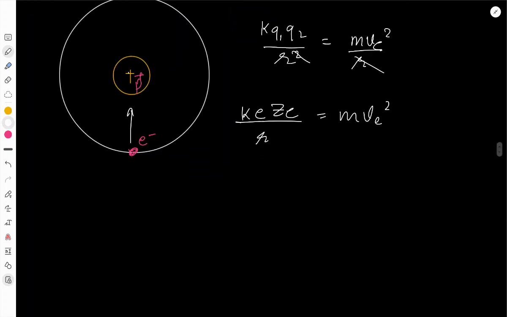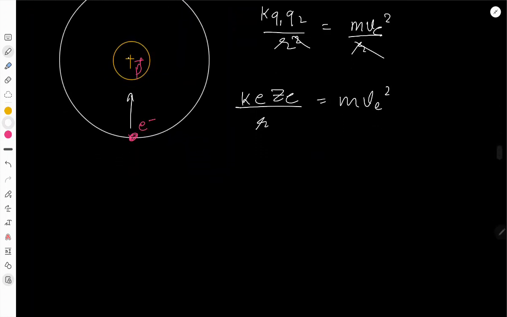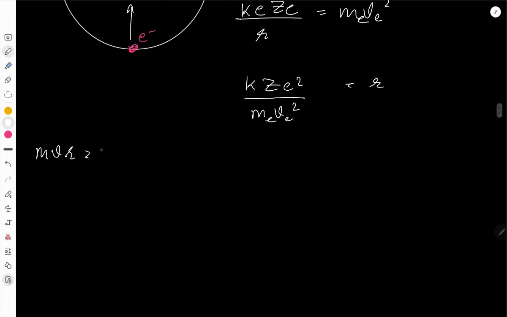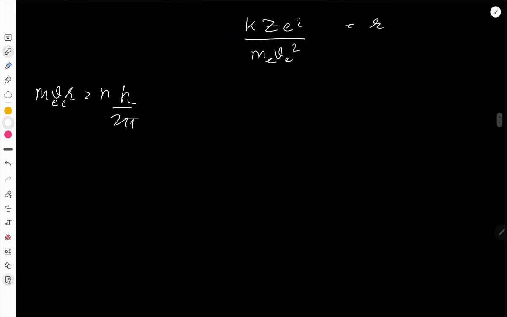Now, the mass of the electron, we write the centripetal force for the revolving and rotating object. And now the radius can be found out by R equals K Z E square by m Ve square. But now we know that m v r equals n h upon 2 pi, that is m Ve r, and now R equals n h upon 2 pi